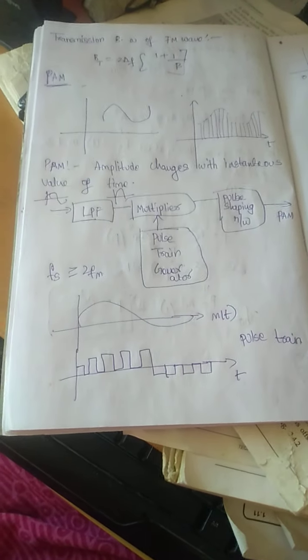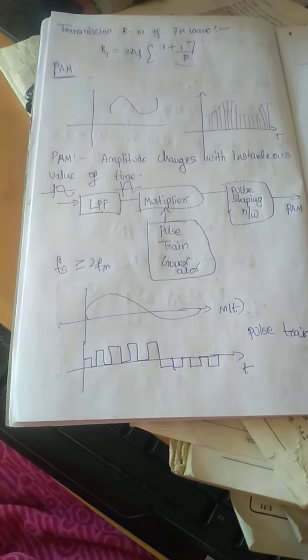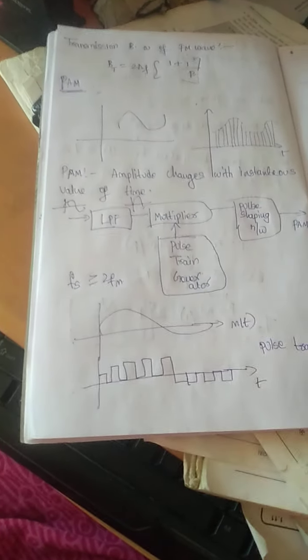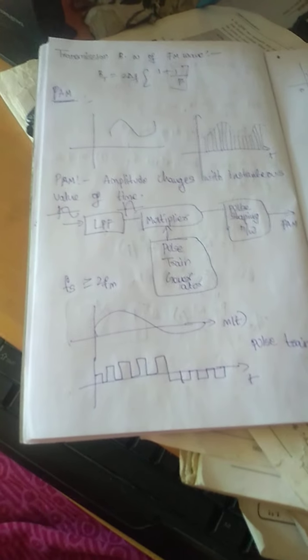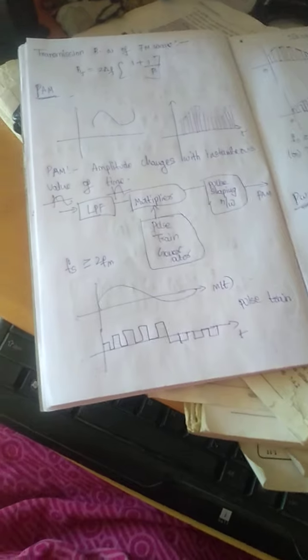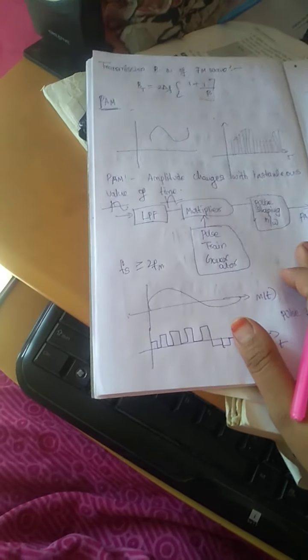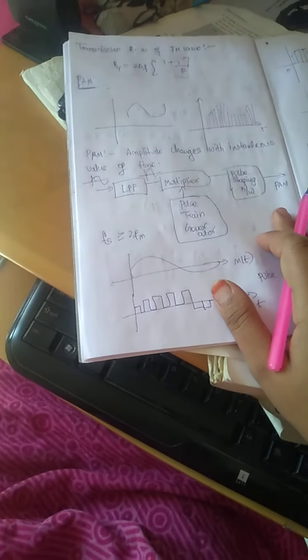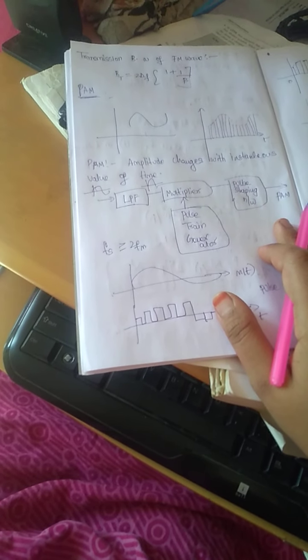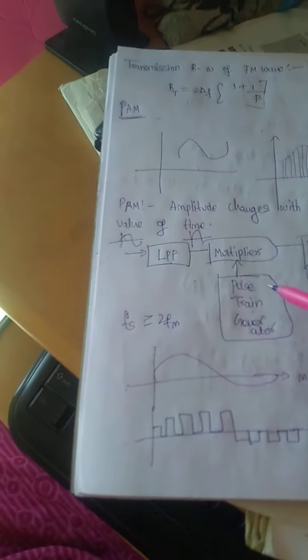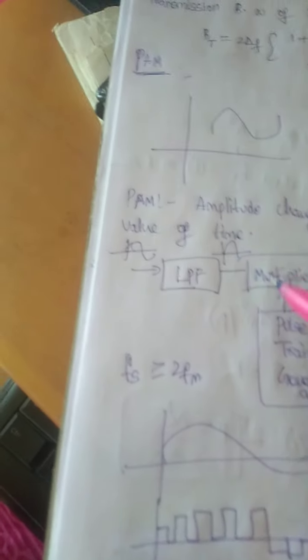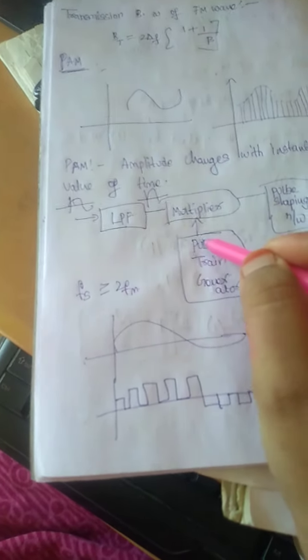So today I will explain about PAM, which is of the fourth unit. We are going to do revision of the fourth unit, PAM, pulse amplitude modulation. What is pulse amplitude modulation? In modulation, we have already discussed in the last class pulse modulation, where the pulse will be changing with respect to time. In pulse modulation we have PAM, PPM and PWM. So first we talk about PAM, pulse amplitude modulation.